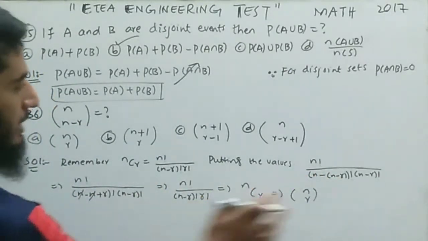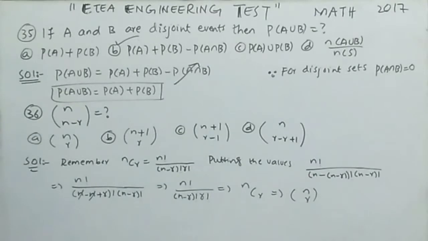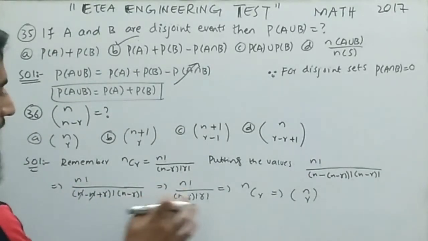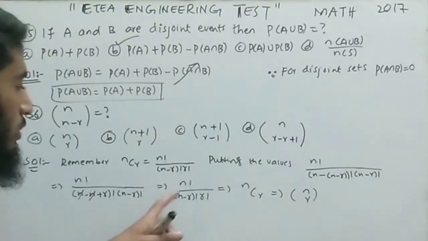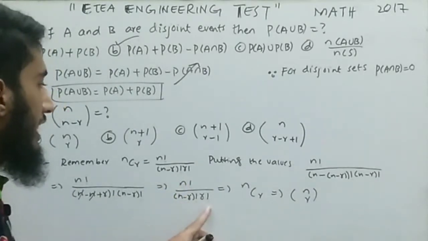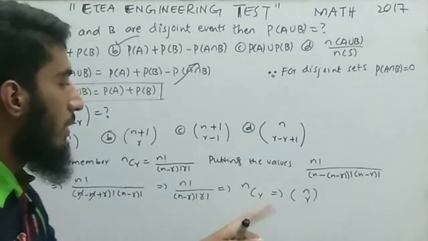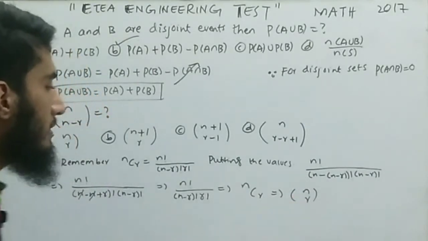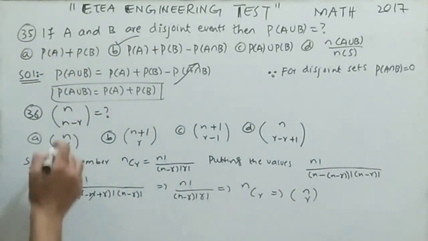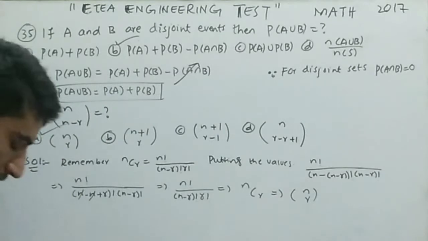Now by simplification, it becomes n factorial, n minus n, and minus multiplied by minus will give us plus r factorial, and n minus r factorial will come down as it is. N will cancel out with negative n, we are left with n factorial divided by n minus r factorial into r factorial. Now you know that n factorial by n minus r factorial into r factorial is actually nCr, which can be written as n choose r. It means the correct option for this MCQ will be option number A.